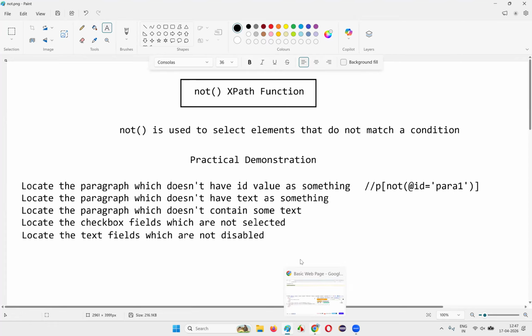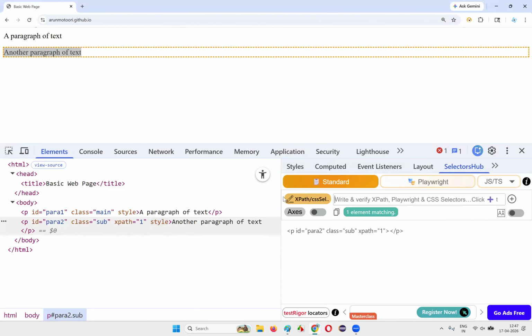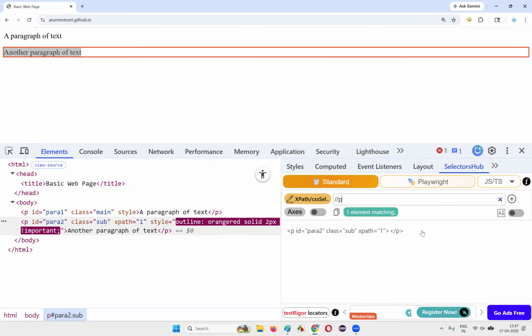I'll first go with the general case. Every time, before going with the not function in these examples, I'll first cover the positive case, where I will be locating the paragraph which has that particular text, which has a text as something. Then I'll explain how to use the not function to go with the opposite, that is, which doesn't have the text as something. Okay. So here in the same website page,